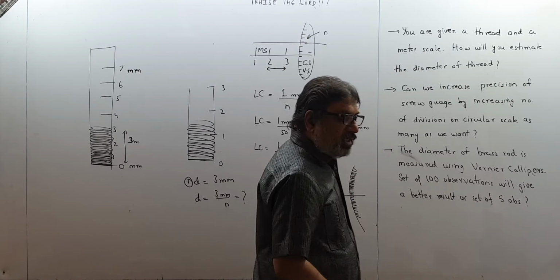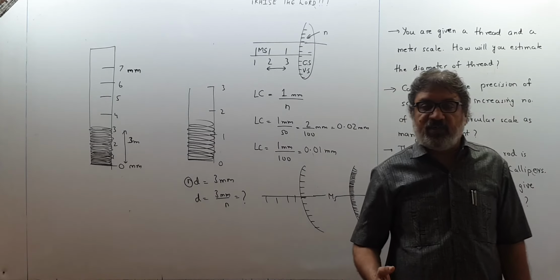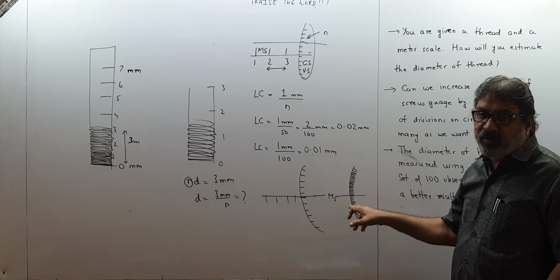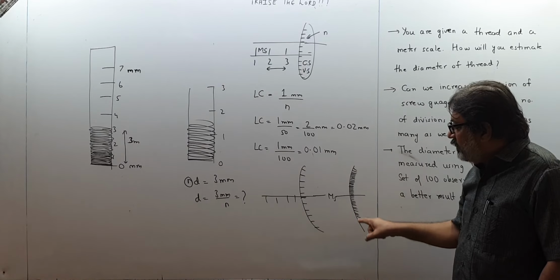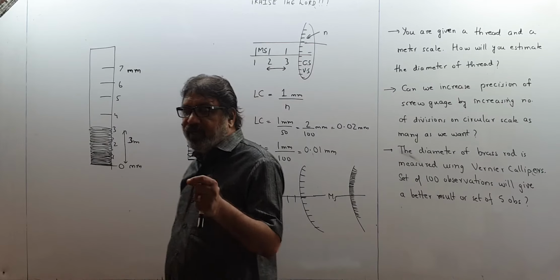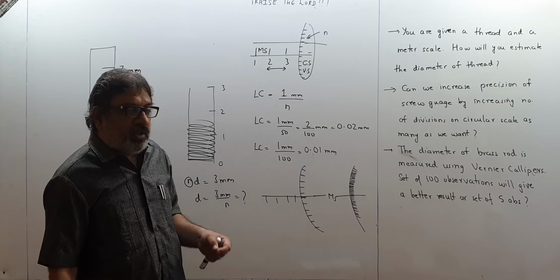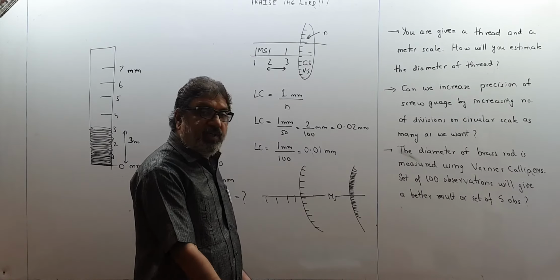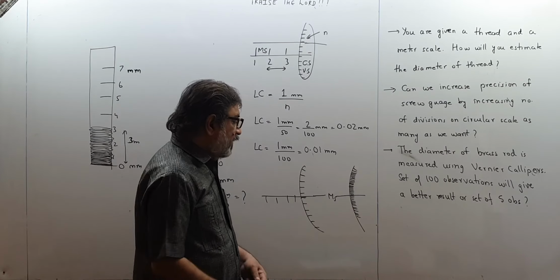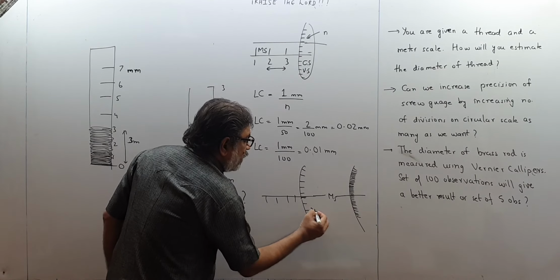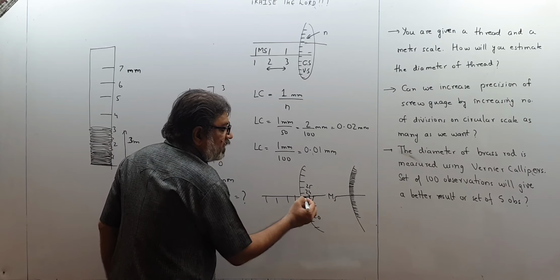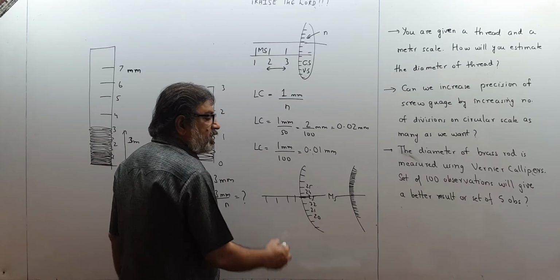So even though I may think that I am increasing the number of divisions to a large extent and trying to decrease the least count, it will become very difficult for me to identify exactly which division of the circular scale is coinciding with the main scale, because that is very important. When you do practicals, you will realize how to take the vernier reading. The vernier reading is to be taken by seeing which division of the circular scale is coinciding with the main scale. Here numbers are written: 20, 21, 22, 23, 24, 25. Right now I can see the 23rd division of the circular scale is coinciding with the main scale.